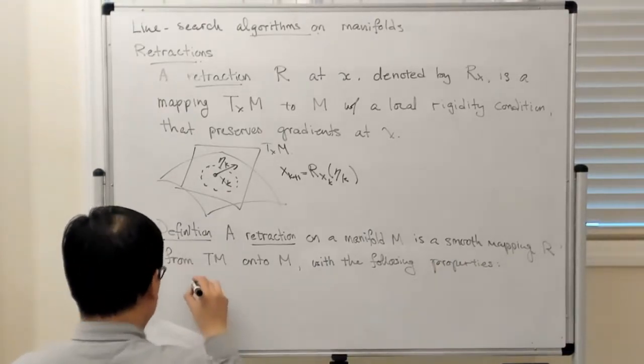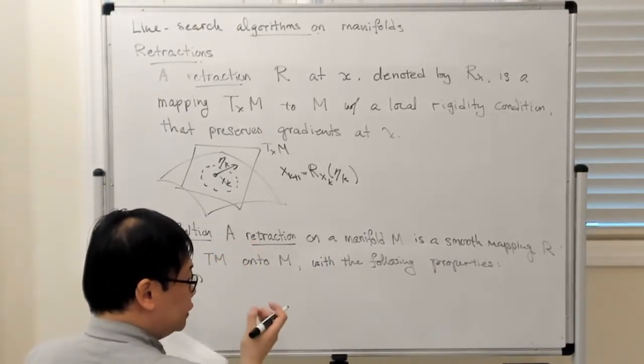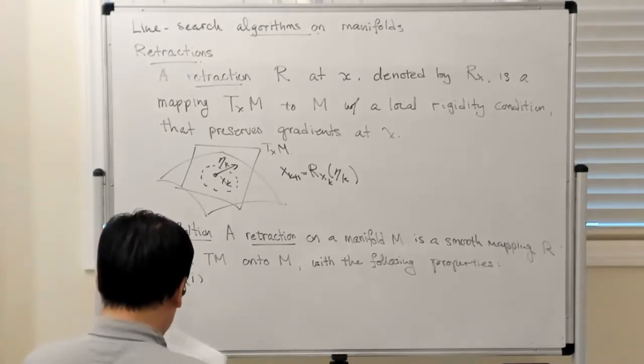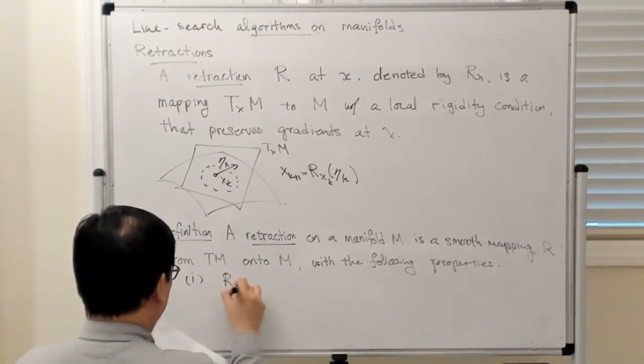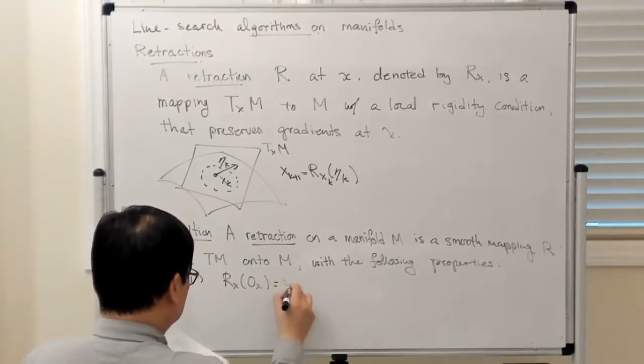The first one is that the retraction maps the 0 vector to the point itself. So R_x of 0_x is equal to x,